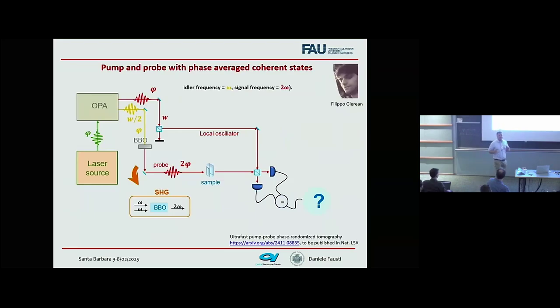The OPA is not seeded, so you don't. The OPA is always seeded by the laser, so it inherits the phase of the laser. But it's not seeded by a white light. It's seeded by a white light, therefore the fluctuations that we will have will be like the fluctuations which I have in the laser fields, which I don't control. But let me just show the evidence. Okay. Yeah, it will become clear.